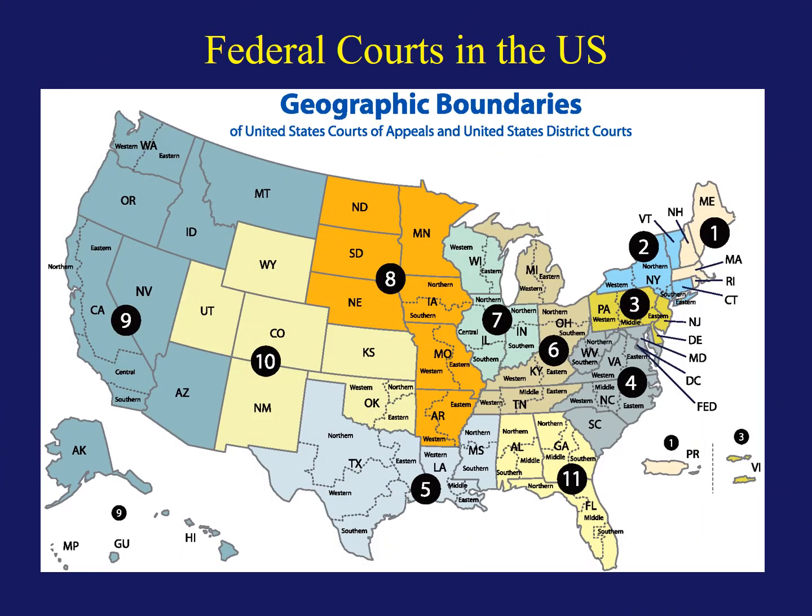Here we are back at that map. Notice Michigan. It's kind of in the brown area. Michigan is located in the 6th Circuit Court of Appeals. Other states included in our district would be Ohio, Kentucky, and Tennessee. Now, if we go further to the west, the 9th Circuit includes California and numerous states in the American West.